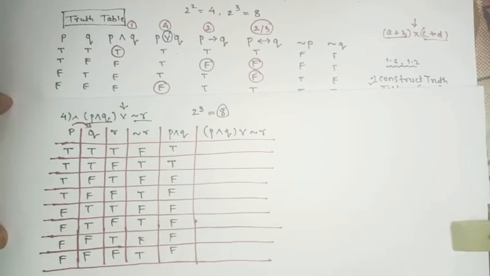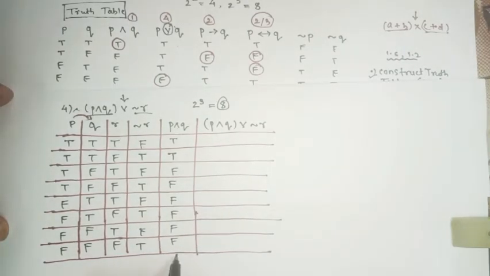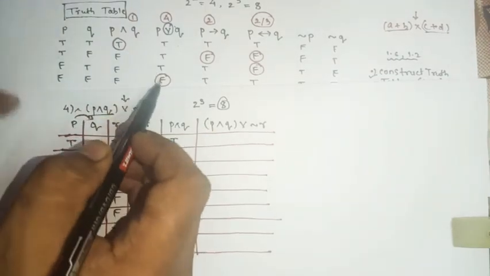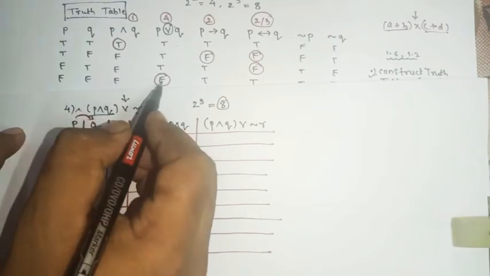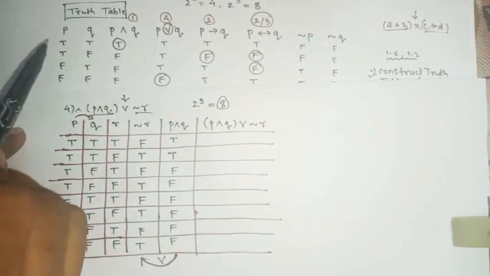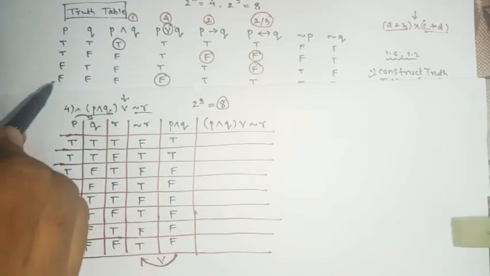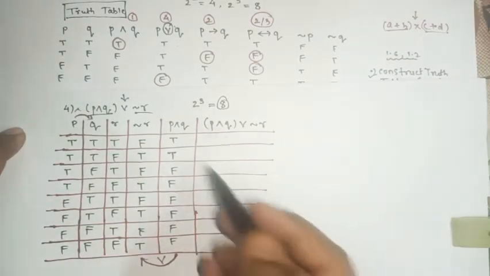Got the point? Now between P and Q, so this is first come first, and then R. So what is the connection? Or. For or, we know that again, only the last one, that is false or false, will be false, and the rest will be true. Means true, true, true, false, false, true will be true. Only we have to check for false and false. False or false, check करो किधर है. And see the pattern. First come first is P and Q.